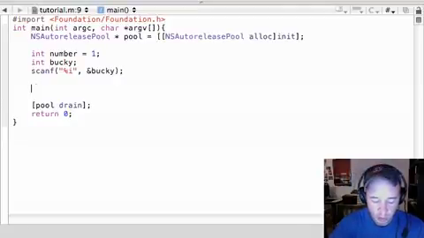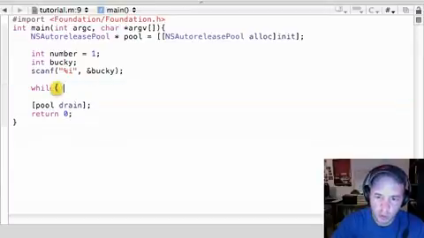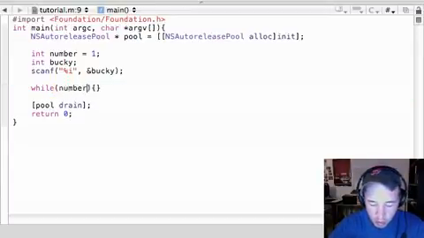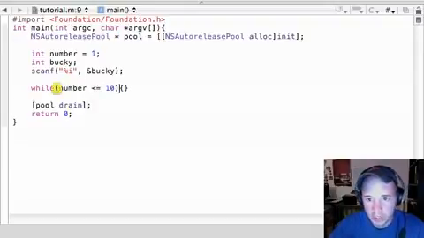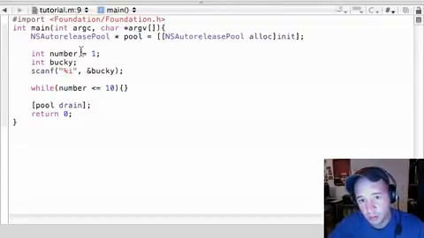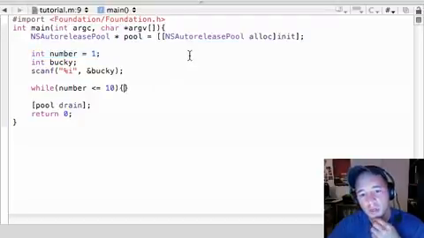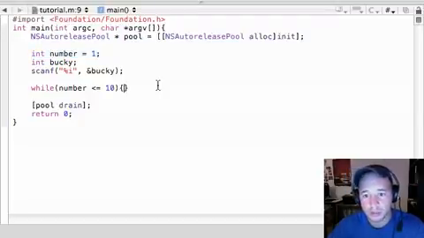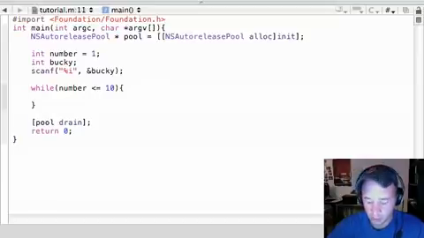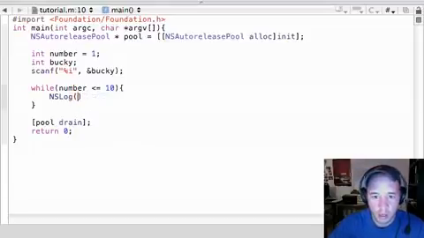Now what we need to do, well, we don't need to, but we just want to, is test number less than or equal to 10. So as long as this number, the variable that we made, is less than or equal to 10, pretty much whatever I'm about to do, I want to do it 10 times. You're going to run this bit of code. Let's put printf, and then something like at and %i